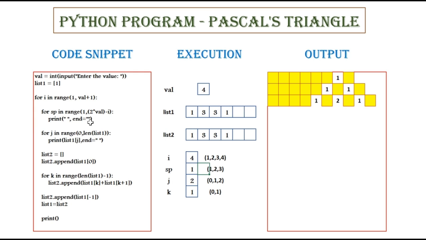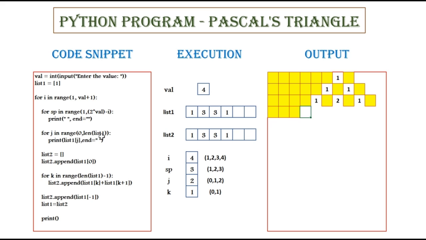And what is it going to do? It is going to print a blank space. When SP is 1, it will print one blank space. Then SP becomes 2, where it will print another blank space. And then SP becomes 3, where it will print the third blank space. The control comes out of this for loop and then it goes to the next for loop for j in